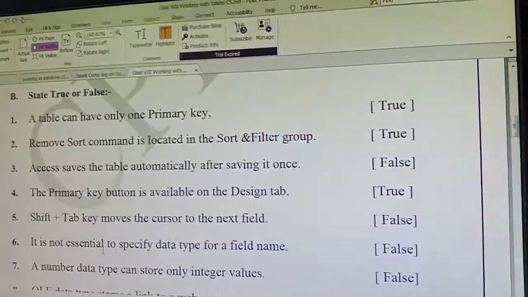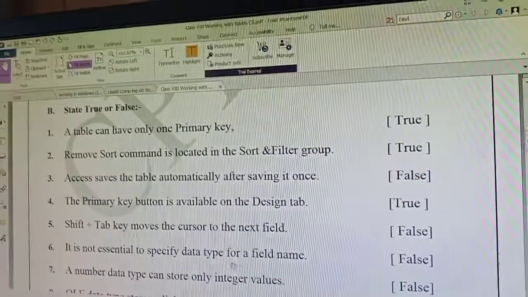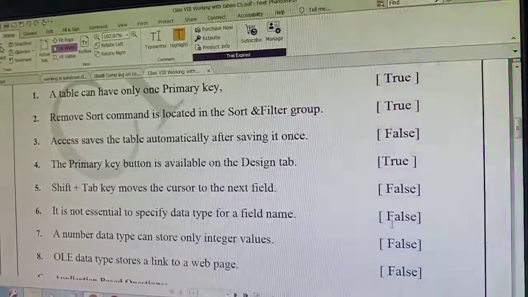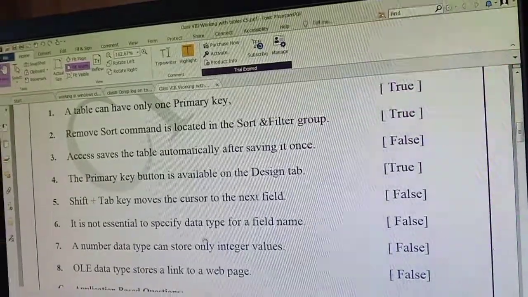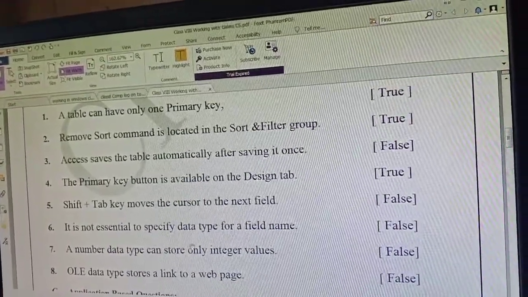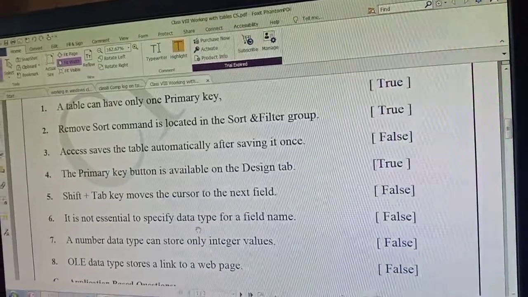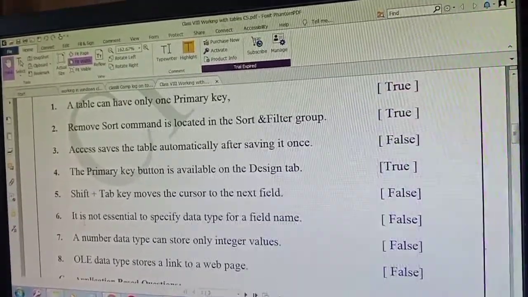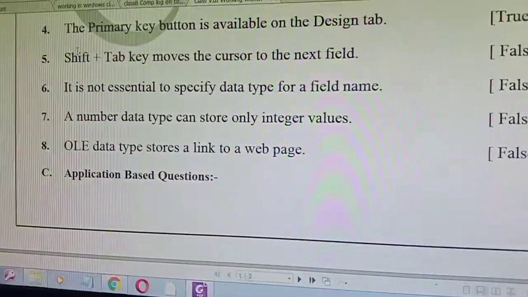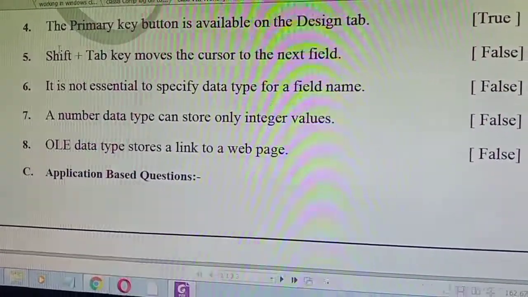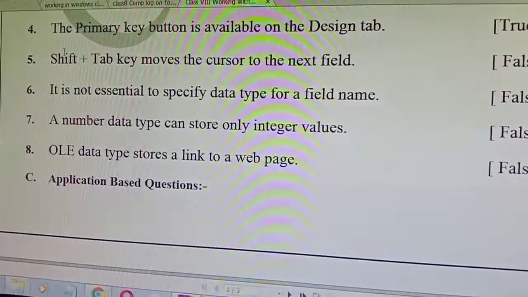It is not essential to specify data type for a field name. It is mandatory. When you are making the record entry, the data type should be selected. It is essential to specify data type for a field. To move to the previous field, you need to press shift plus tab keys.